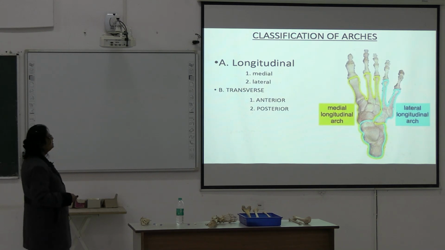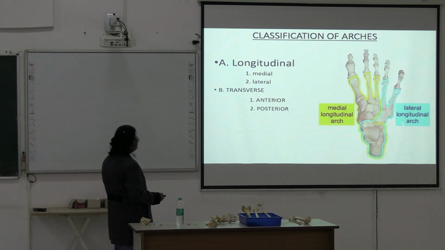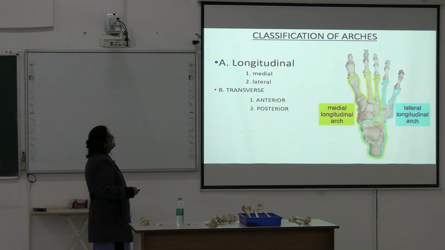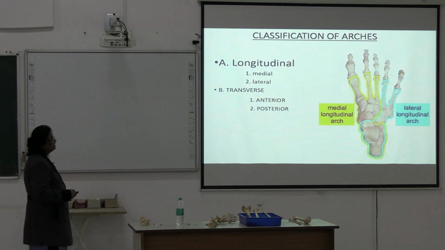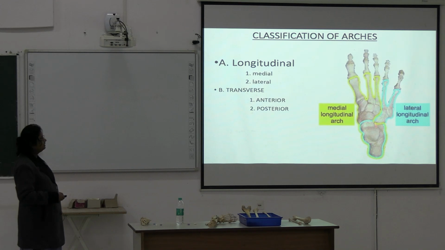Okay, so you have to see which bones are forming the medial and lateral longitudinal arches. You can see talus, calcaneum, navicular, three cuneiforms and first, second, third metatarsals, they are forming the medial longitudinal arch. The talus, calcaneum, cuboid and the fourth and fifth metatarsals, they are forming the lateral longitudinal arch. Next,